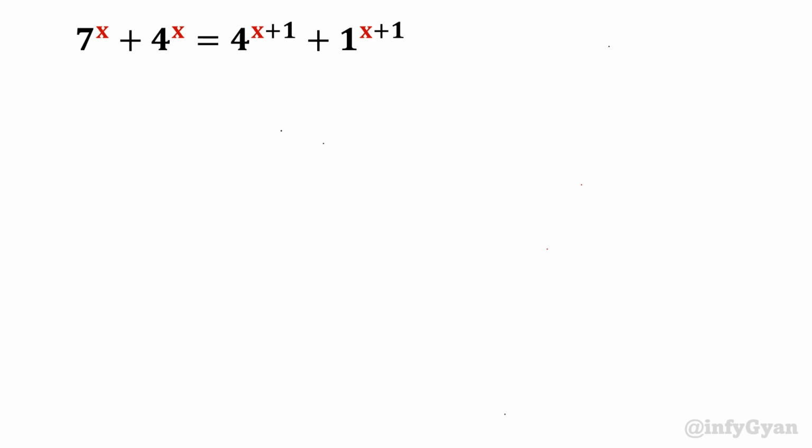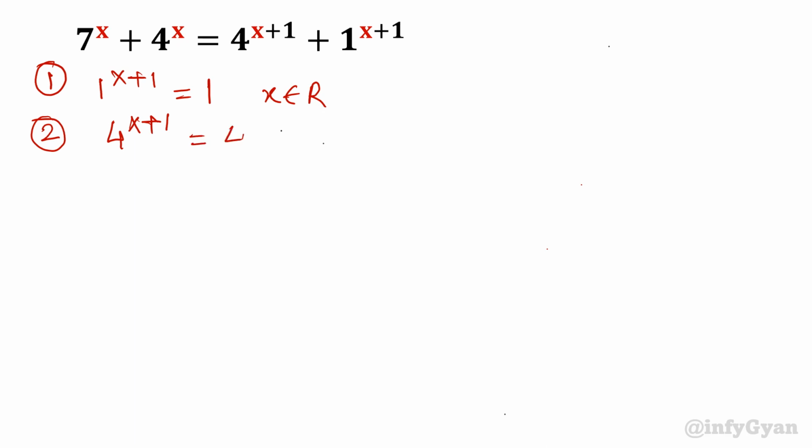Let's get started. I will start our problem with two points. One point is 1 raised to the power x+1. I will write 1 for all x belonging to the real numbers. Point number 2, an exponential property: 4 raised to the power x+1 we can always write as 4 into 4^x. So let's apply that: 7^x + 4^x = 4 into 4^x